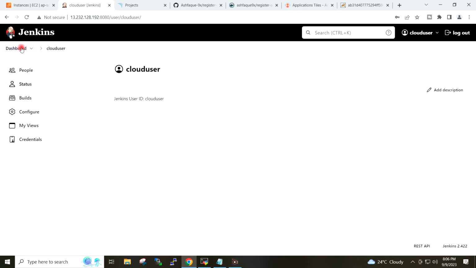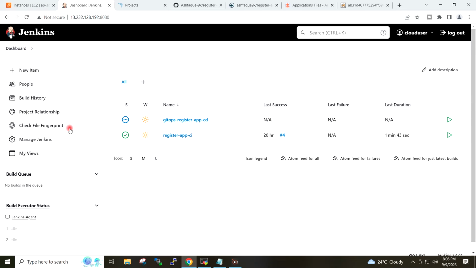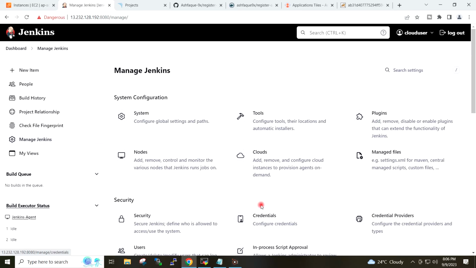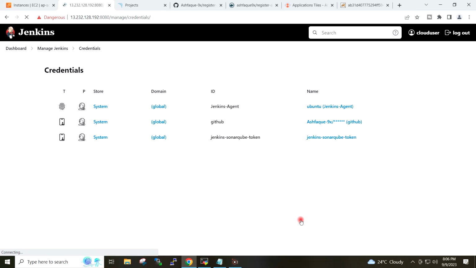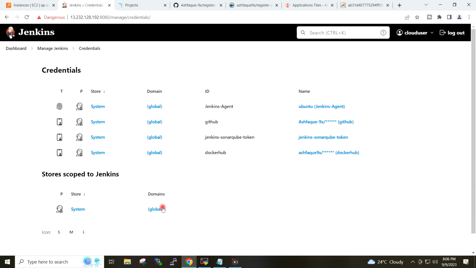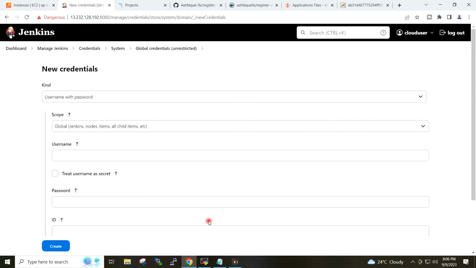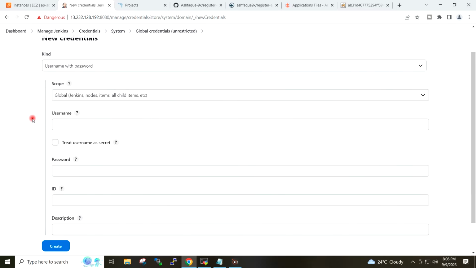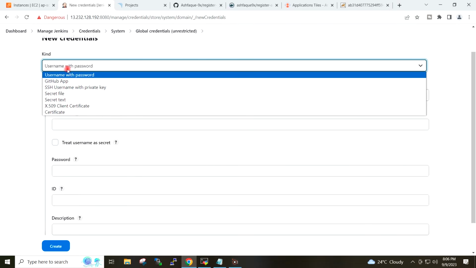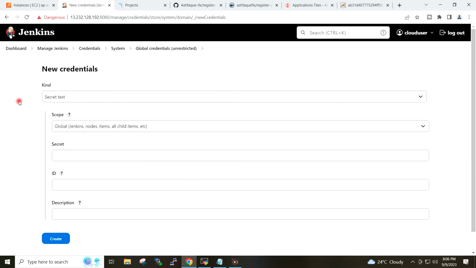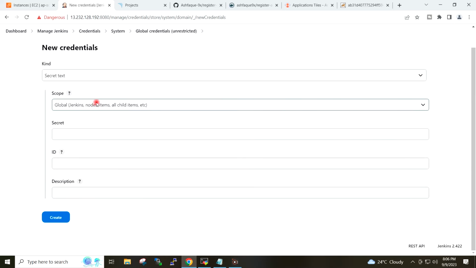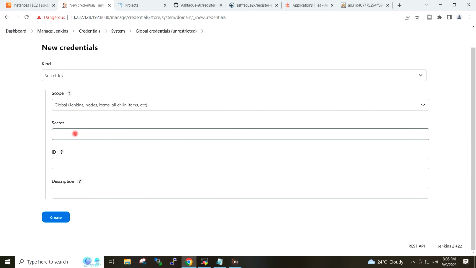I will go to Jenkins dashboard. I will go to manage Jenkins, credentials, add credentials, kind. I will select secret text and here I will provide the secret.